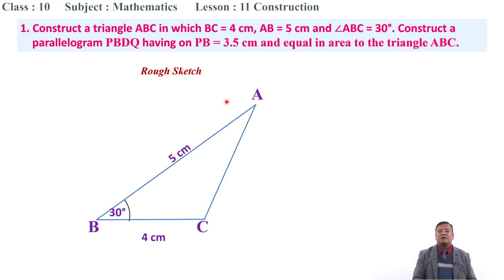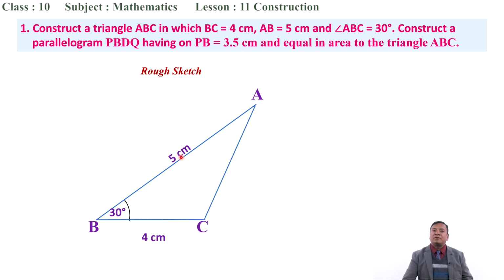And here in the rough sketch, first of all, according to the given information of triangle ABC, we can draw a figure. Here one side BC is given as 4 centimeter, the next side AB is 5 centimeter, then angle ABC is 30 degree, right? And after this,